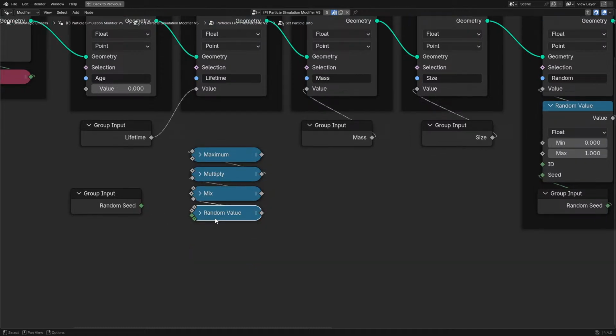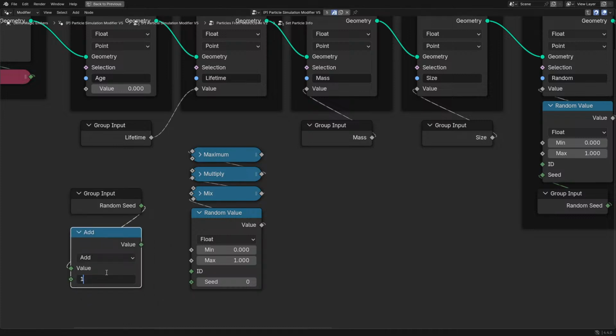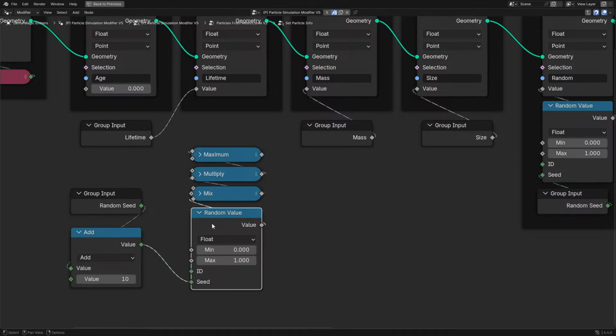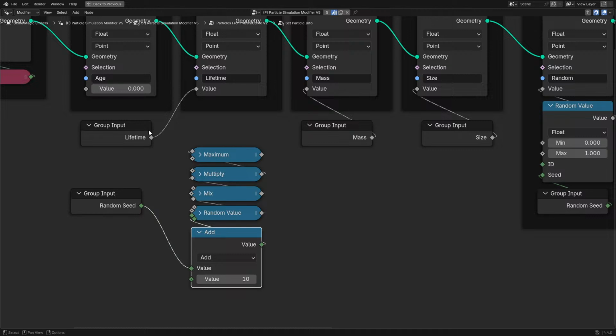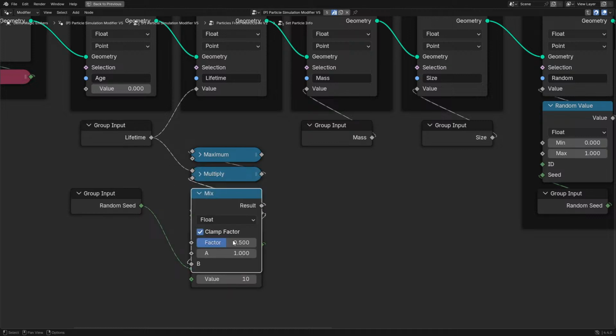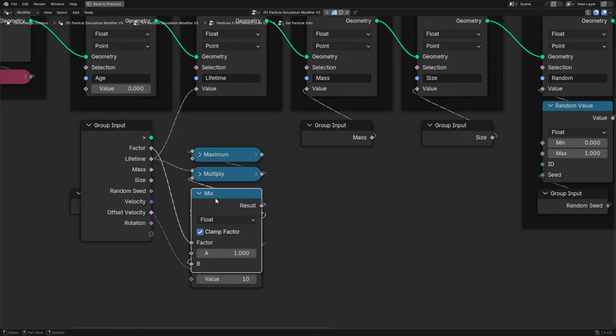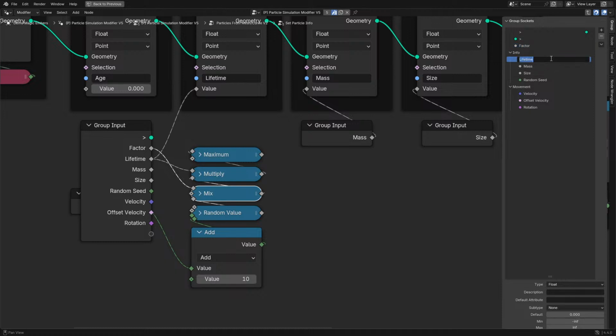So we don't need you, and we'll just put you into there. Maybe we'll add integer math, right? We do have that node now. We'll put that in there. So here, that will be the multiply, and then here we'll set you to be 0 so that there will be no randomness. And then that'll be like that. So here we have, there we go. This will be random lifetime,